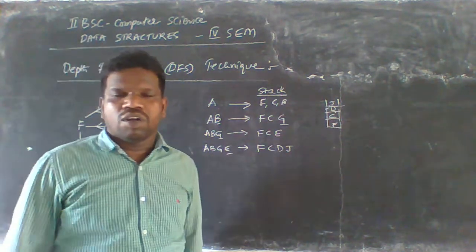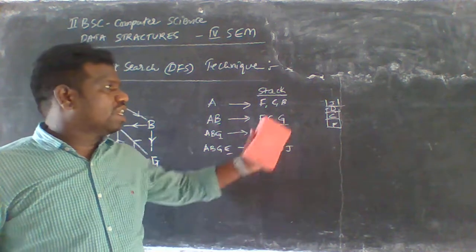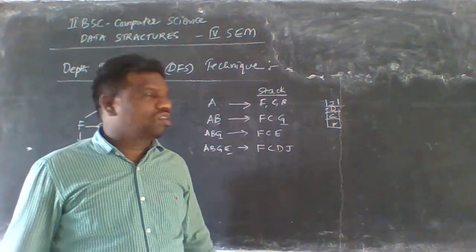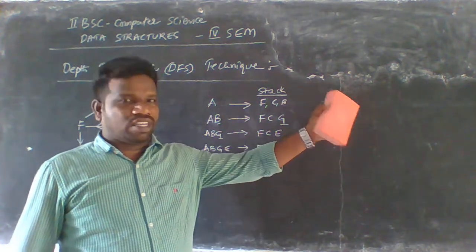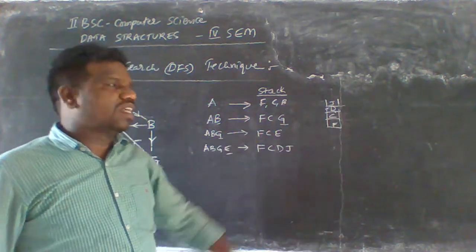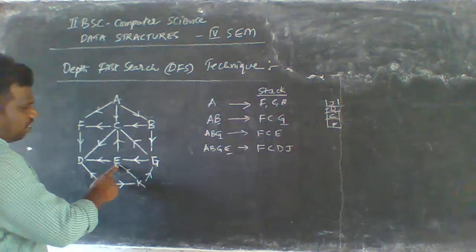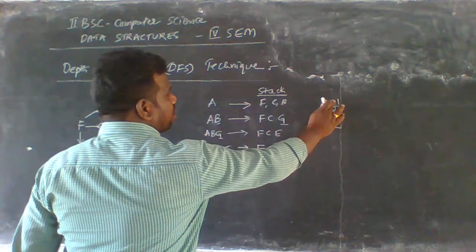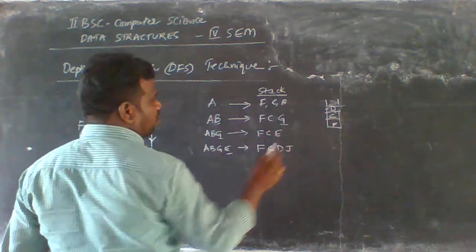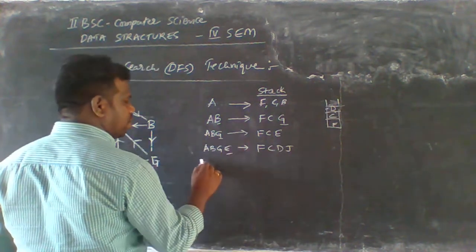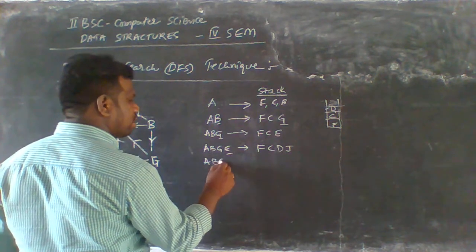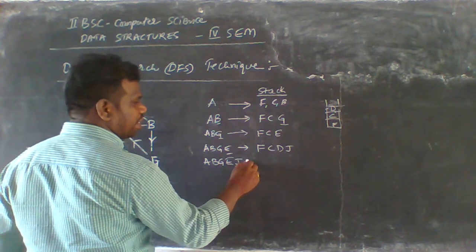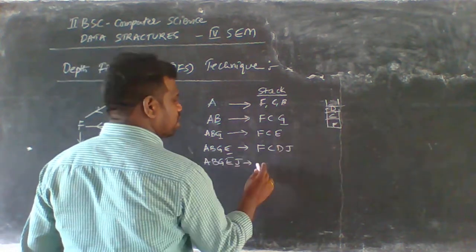Now I am going to pop that element here because the stack follows last in, first out. That means the last element comes out first. So this is the last element, J, and J will be popped here. When there are no more elements from here, we can directly pop this element. So the stack has only F, C. That means J comes here: A, B, G, and we come to J. And the remaining elements are F, C, B.